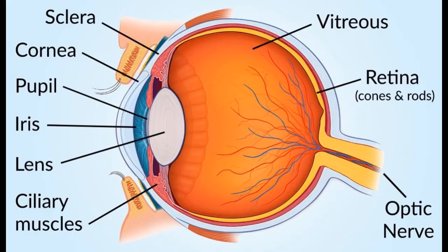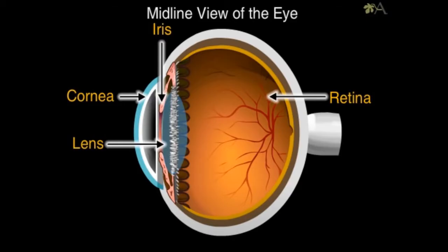The lens of the eye enables the eye to focus on objects at varying distances. The lens is located directly behind the iris and is flexible so it can change shape and bend the light to focus. Behind the eye lens is a chamber filled with vitreous fluid that is transparent, colorless, and a gel-like substance. The retina is a layer of tissue in the back of your eye that senses light and sends images